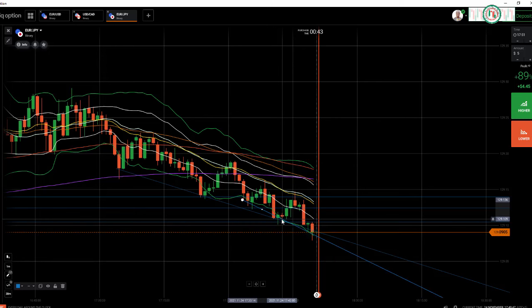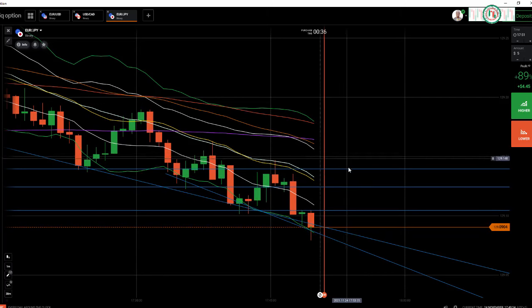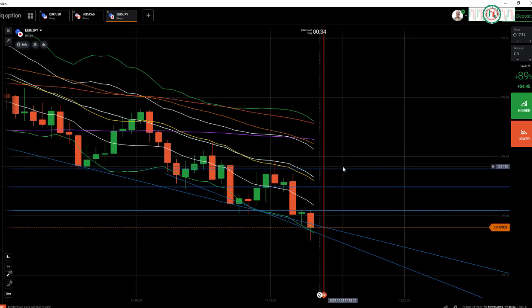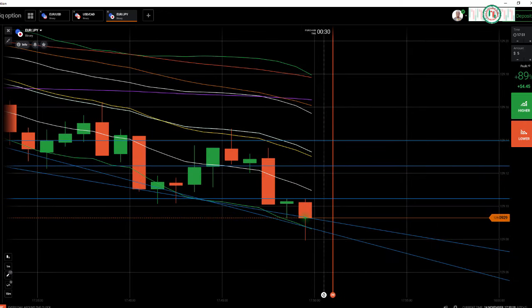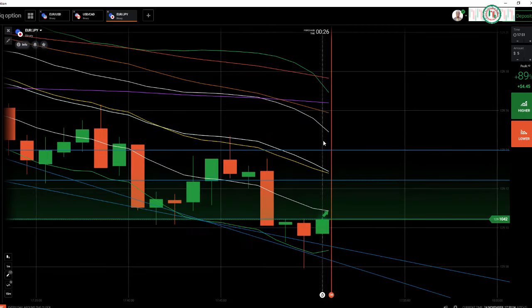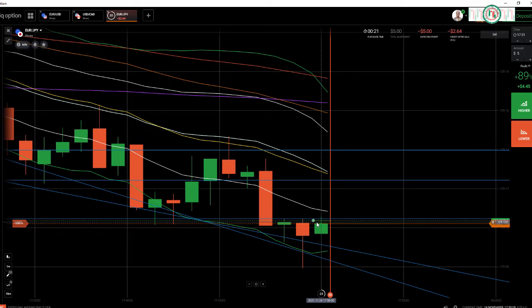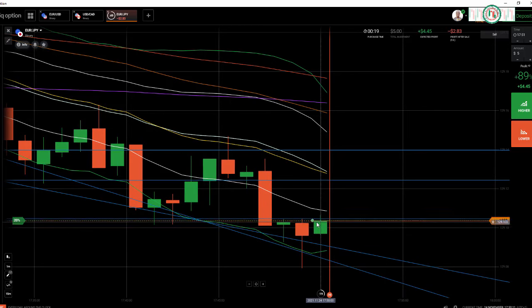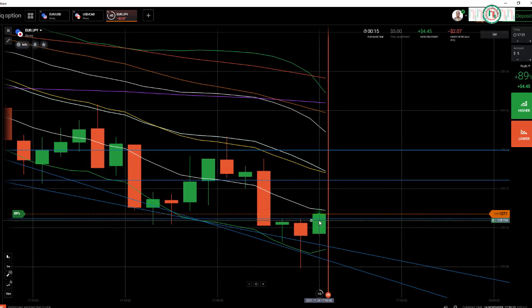Let me draw the channel. Here is the channel. The market is at the channel, so buyers will enter. On the next candle the market will reverse. Yes, the market will reverse now, but the network is not nice. See, very fast, but no problem. This candle must be strong